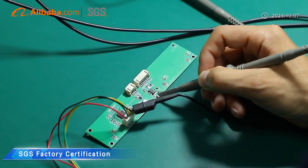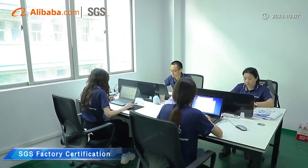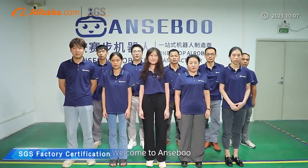As a manufacturer of AI robots, we have a professional QC team to strictly control quality and an efficient after-sales service team to provide customers